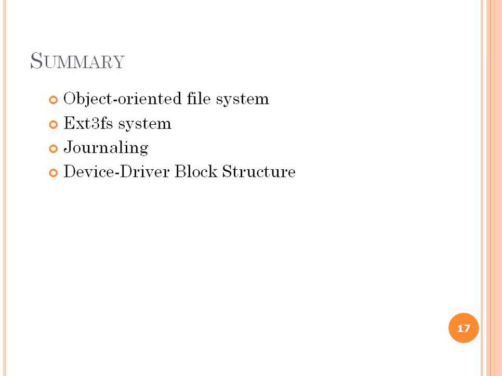So to summarize all these things, we have seen the object-oriented file system of Linux with the various objects which are opened for the file system. Some are file level, some are directory level, some are for the running purpose of the files. Then we have the x86 file system under Linux, which is currently working on the block structure. Then we have the journaling concept, which is the log maintenance of the files for crash recovery purposes. And we have the device driver block structure, which has 4 types of devices, input devices, which are important for IO purposes.